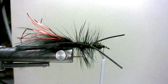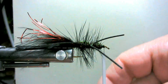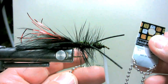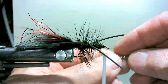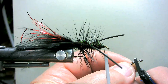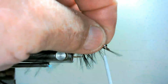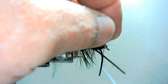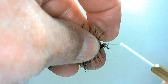Now, I use some bead chain like this. You can buy this. This happens to be Metal Gallery bead chain. And I'll use my wire cutters and snip 2 of those beads off, and then I'll bring it over and tie that on to the nose of that fly, and then figure 8 it